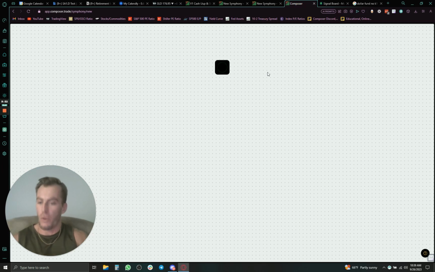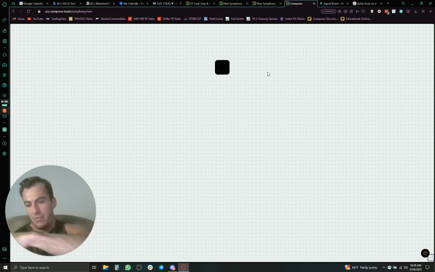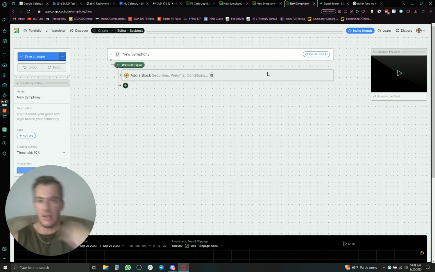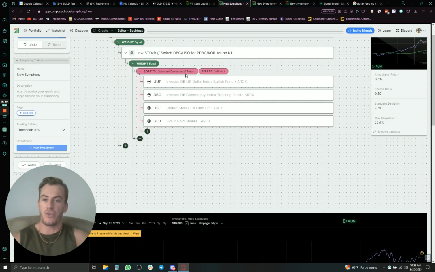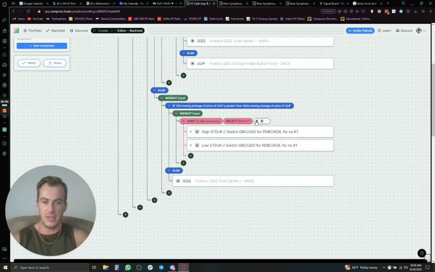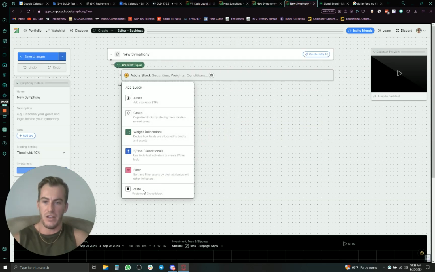And then we rotate into the low standard deviation. So we're essentially throttling up, throttling down, throttling up, throttling down by checking the drawdown. Hopefully that makes sense. So if I copy this logic here and just load it in here, my computer is